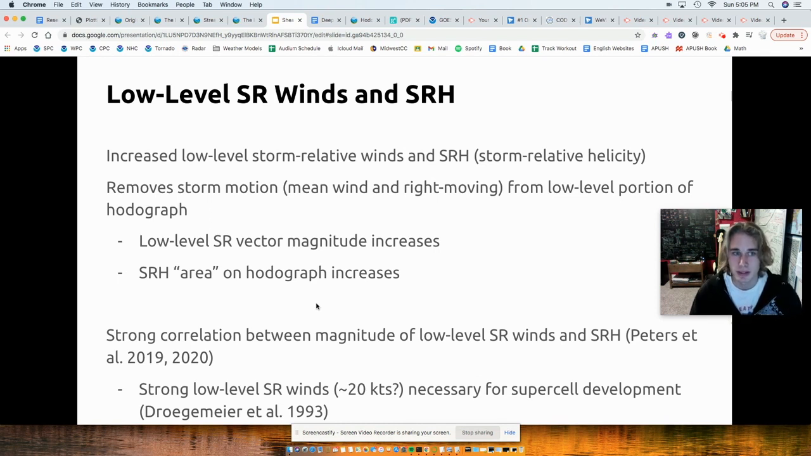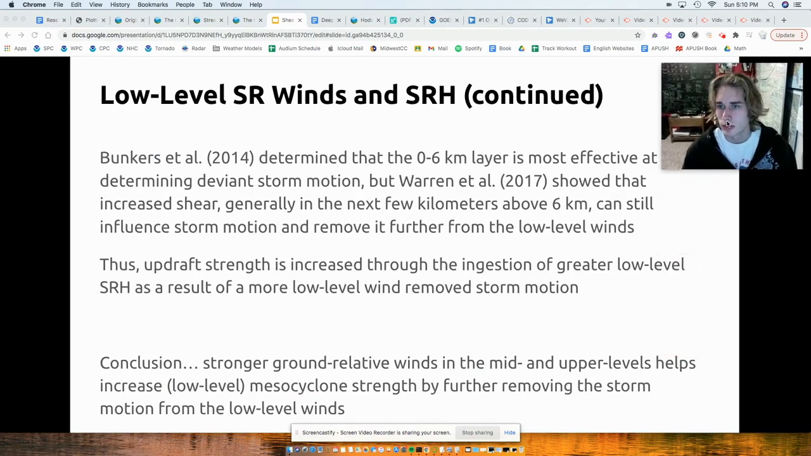I was just really surprised that once I really started to dig into it, how much 0 to 6 kilometer shear, deep layer shear, is affecting the low levels. All right, so let's keep her going. So this is probably going to be a tangent, but continuing off of what I was talking about, how deep layer shear is affecting low-level storm relative winds and SRH,